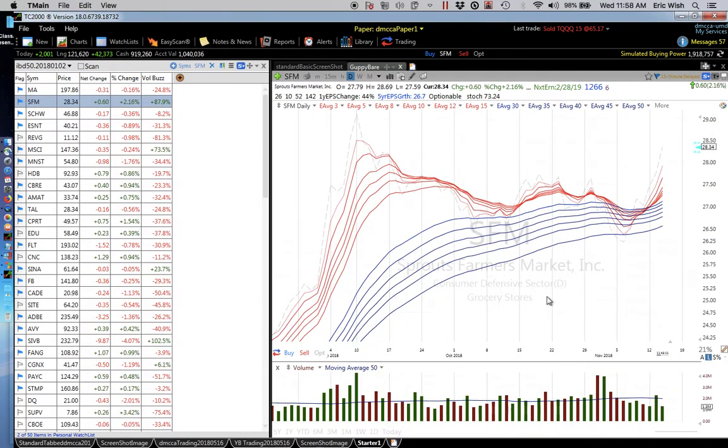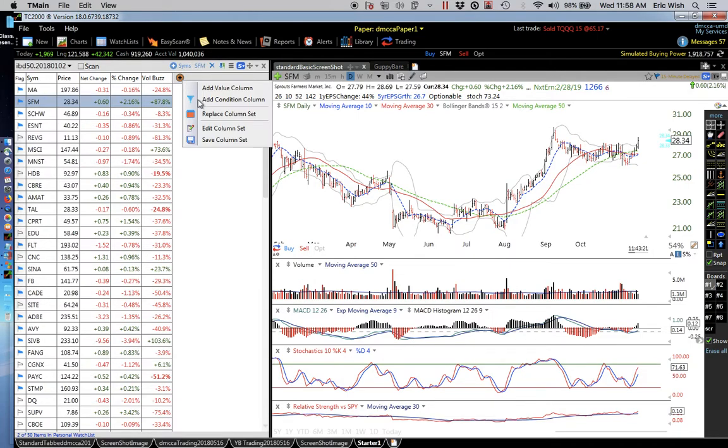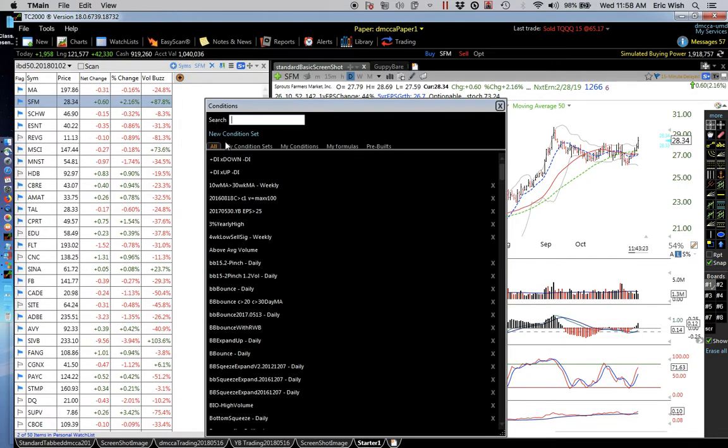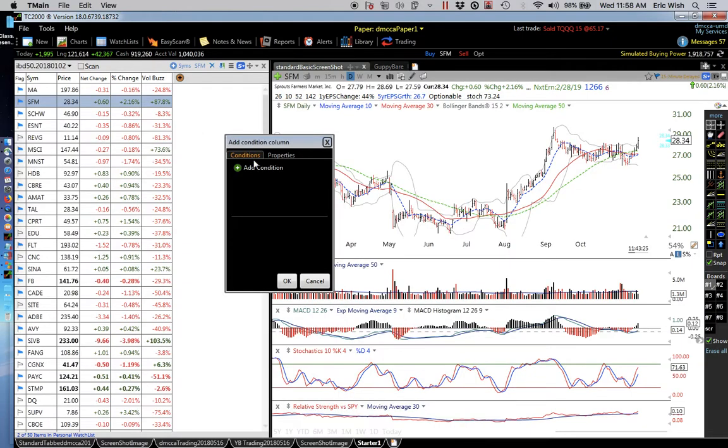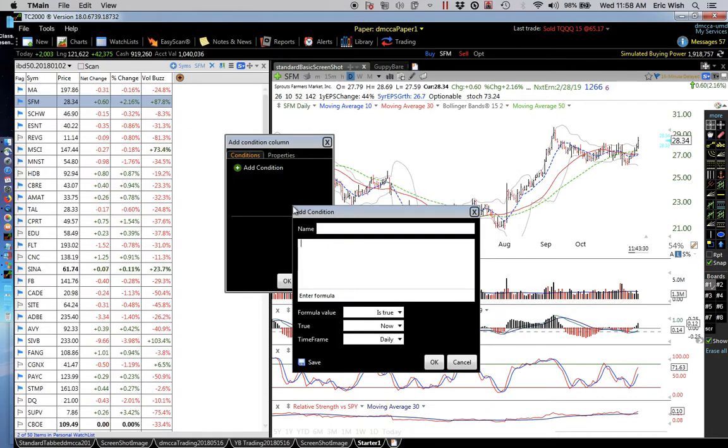Okay, so we're going to add a column that shows stocks that are in a RWB pattern. So we're going to add a column, add a condition column, new condition set, add condition, write new formula. The PCF formula that we're going to use employs the two functions least and greatest, which are available in TC2000 version 18. The first one we're going to use is least, so we're going to type least, paren,